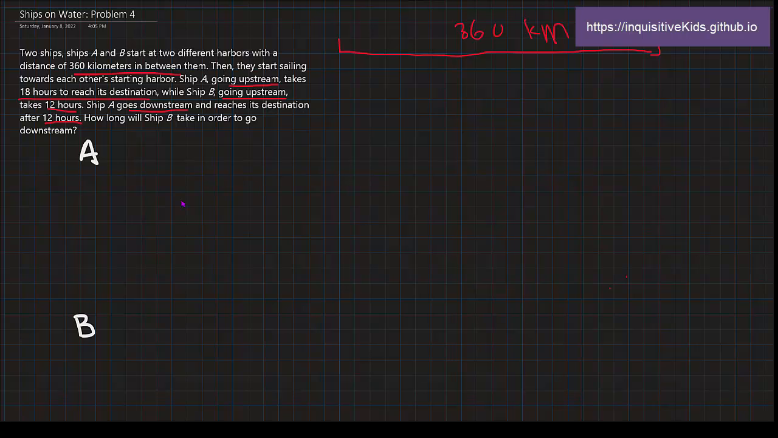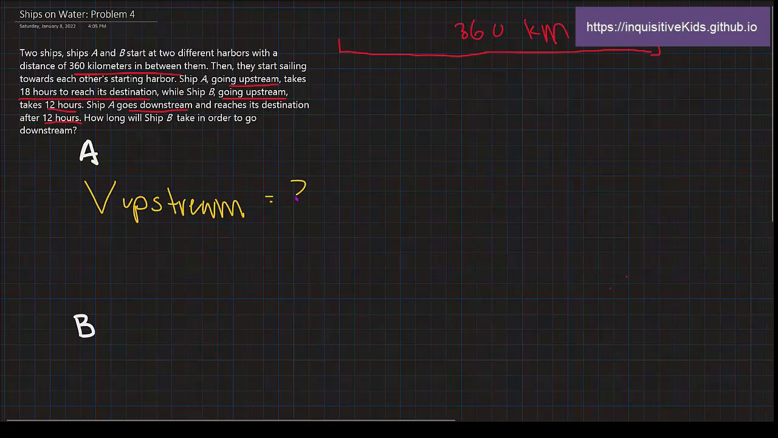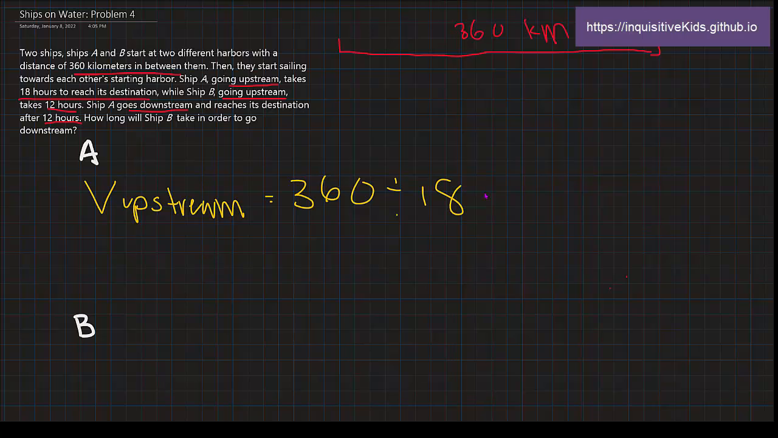So that is a lot of information. What I'm going to do is just see what we know and write it down. So first it talks about the velocity of ship A. Notice I have ships A and B labeled right here. The velocity of it going upstream. So what does that equal? Well, we know that it takes 18 hours and the total distance is 360 kilometers. So we're doing 360 divided by 18 hours, which is equal to